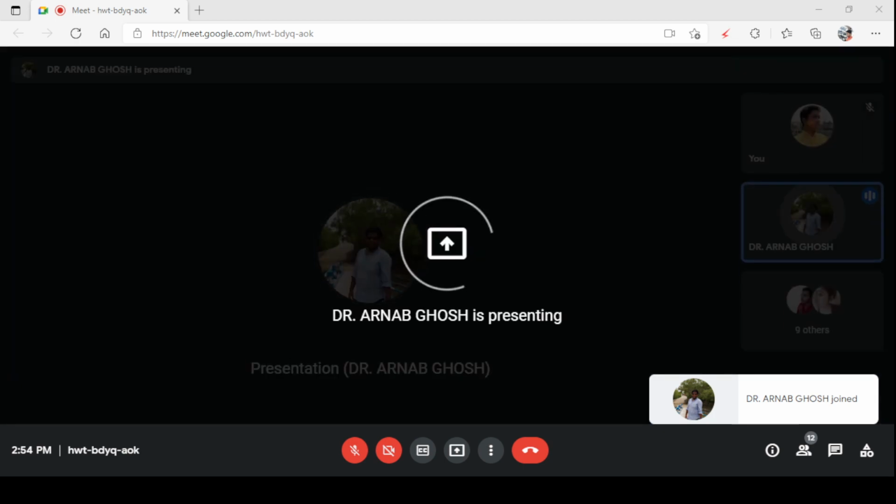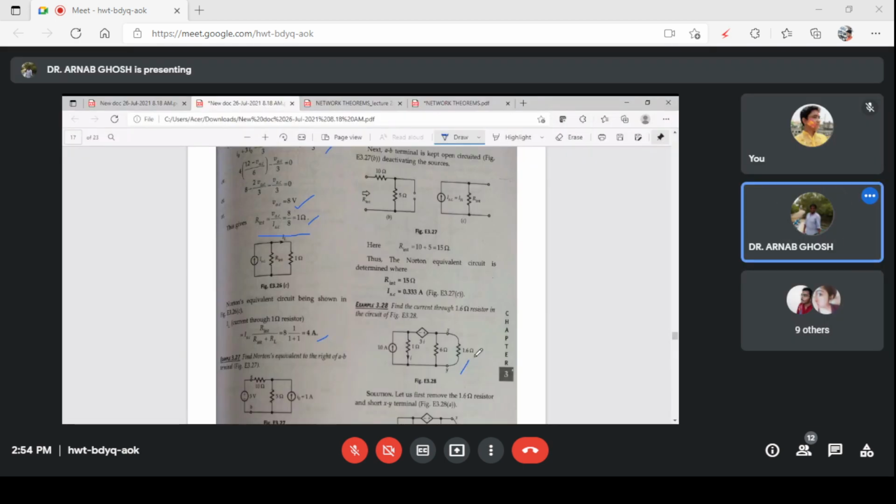Okay, so the load resistance is 1.6 ohm. You are having two resistances of 1 ohm and 6 ohm, and you are having a current source of 10 ampere. The current through 1.6 ohm, that is your load resistance. So you will be calculating the short circuit current through XY, and then you will be attaching the load resistance and calculating it by applying the current divider rule. You first try, and I will explain it to you.